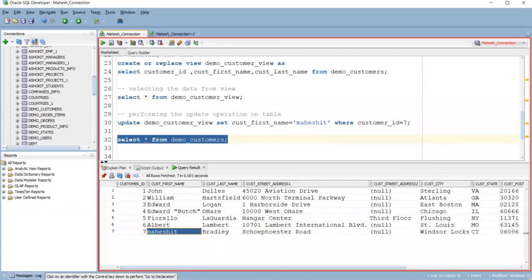Okay. So let us give a try to delete a record from the view. So what I'm going to do here is perform the delete operation on the view, sir. Okay, so delete from